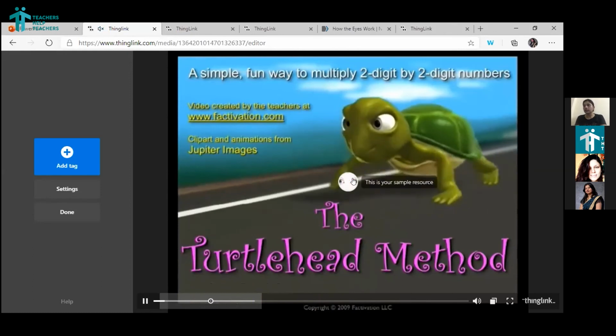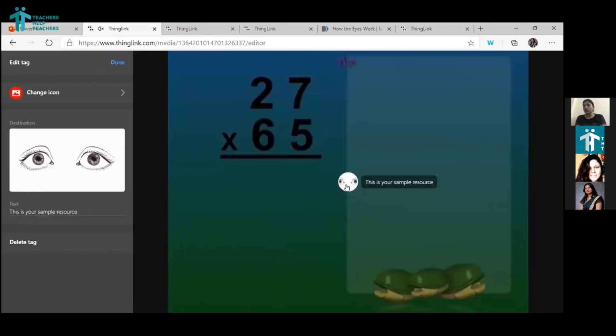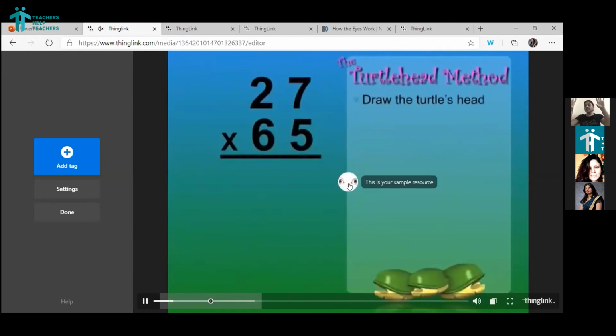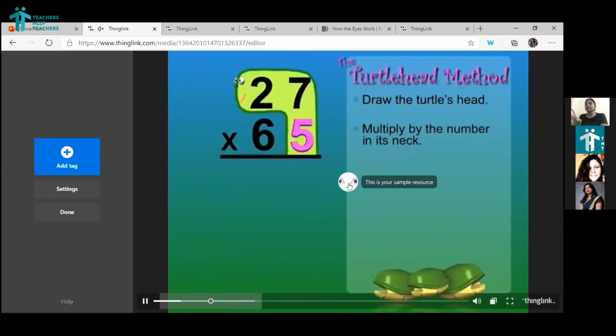So you can see this one. When I click on this, it opens this one here. It is not happening for me because I am the one creating it and I have not closed it down. The moment the child clicks on it, the eyes thing opens, the one we made in the beginning, where we added a few tags. It will open and stay on the screen while the video is playing, for that long time.